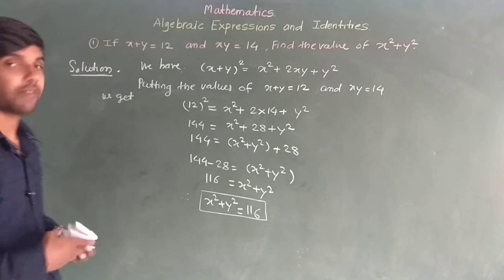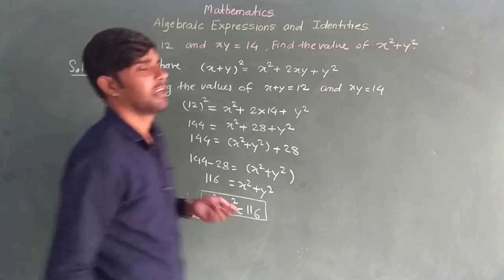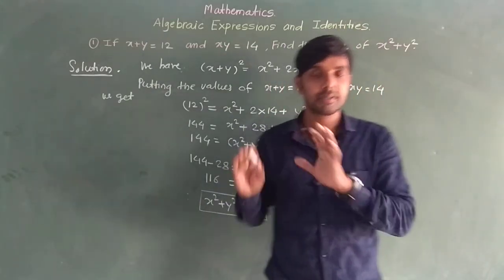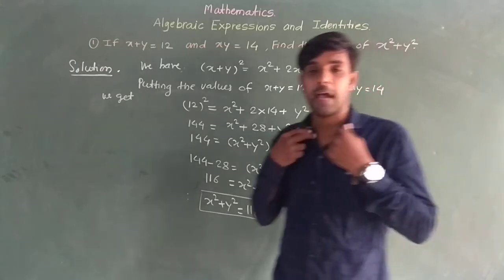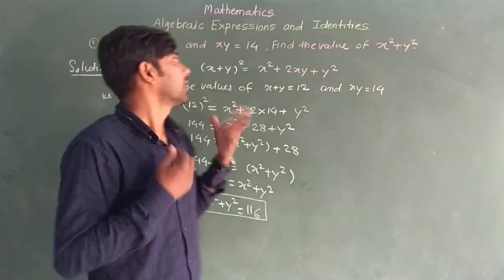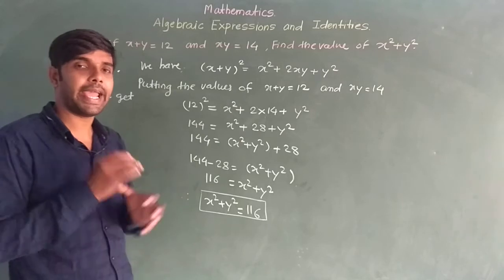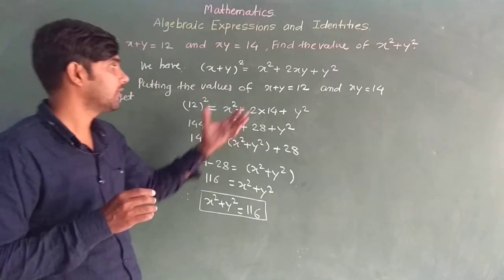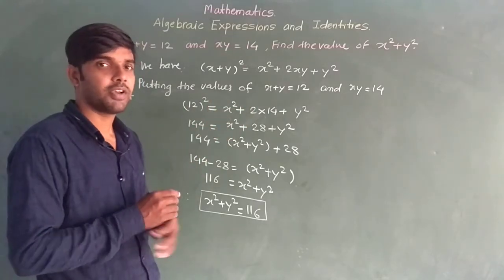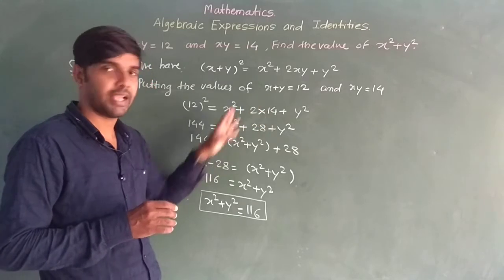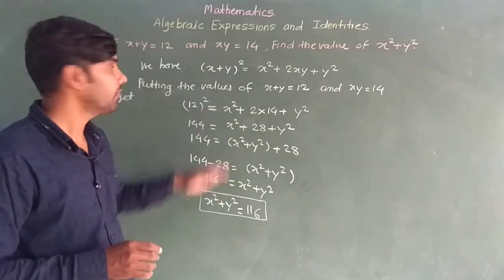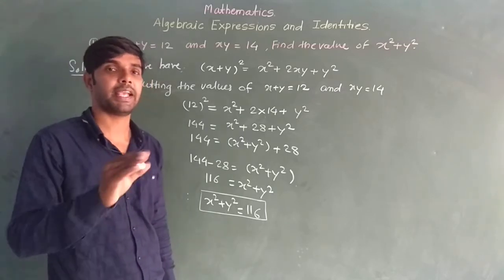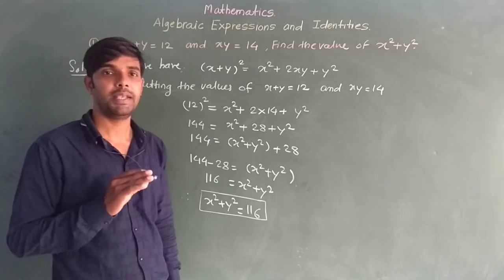Got it? It's very simple. Just in the identities part, we have to use here only three identities, and by using these three identities you have to solve these types of questions. So we have to do some adjustment to compare the given question to the three identities, and then we use the identity which matches the question and we find the answer. Got it? We use here (x plus y) bracket square, that is (a plus b). First identity: (a plus b) bracket square is equal to a square plus 2ab plus b square.